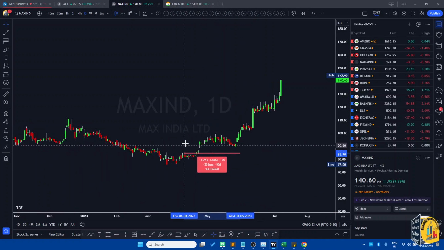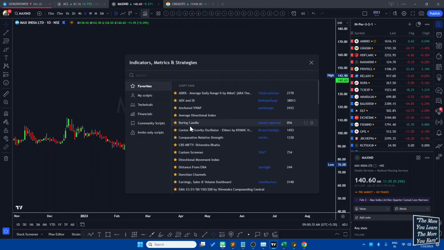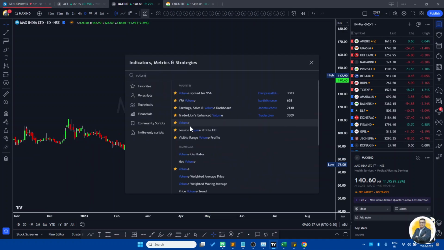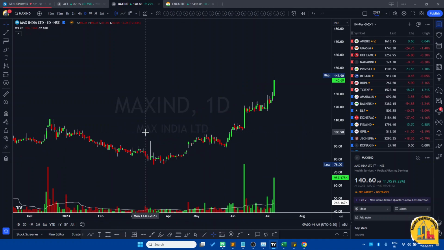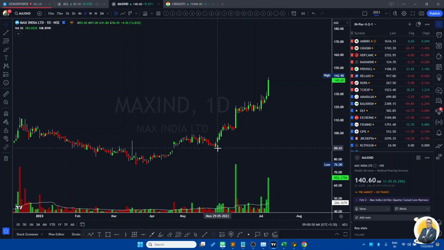And when I say contraction, it should be volume contraction and also candle contraction. Each candle is a daily candle, and you can follow this pattern both in weekly and daily. But if you look at it here, the candles were going down, and volumes were also going down at the same time. Okay, I hope you're seeing the chart here very clearly.